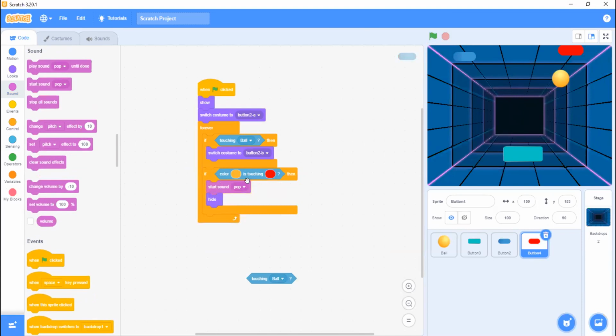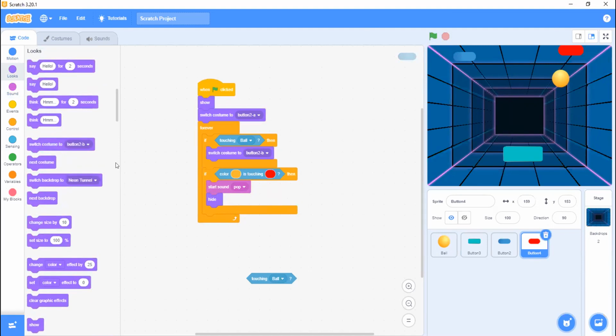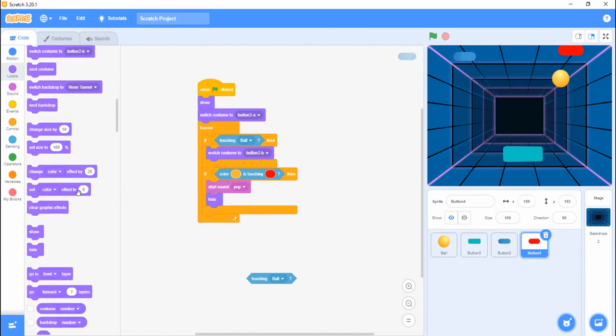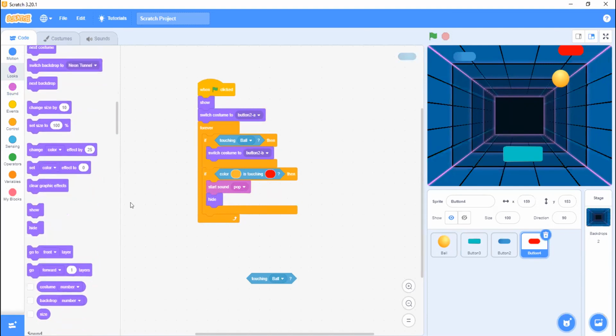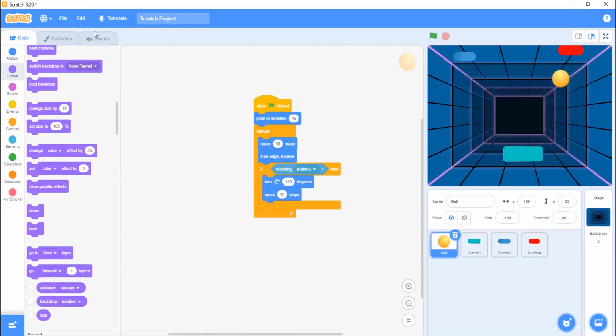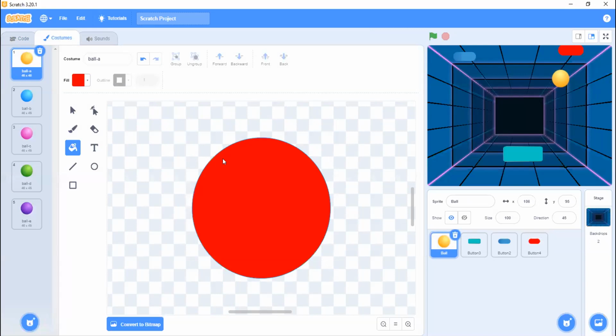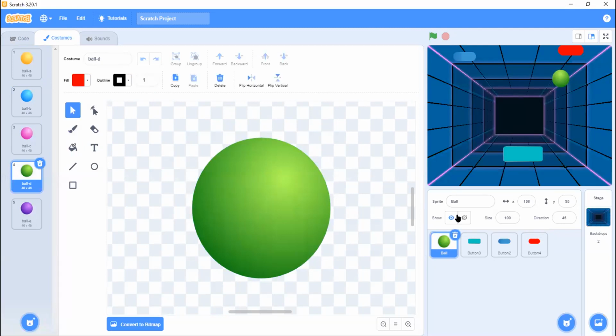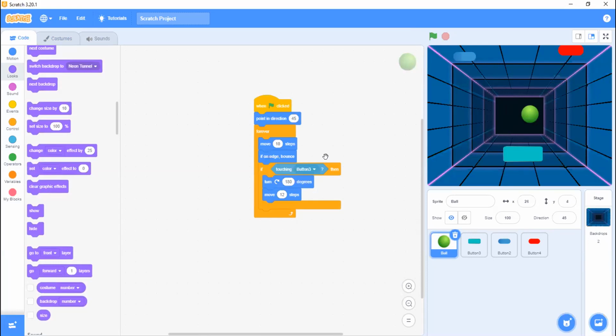Okay. So that is not working, but it should work. So let's check the ball and be sure of the edge of the ball. Should we use another color ball? Green color. So if green,